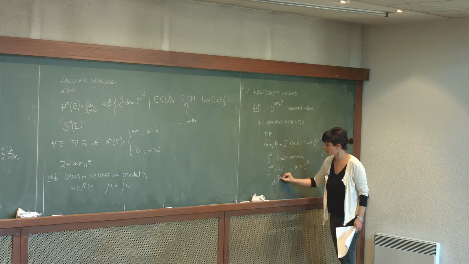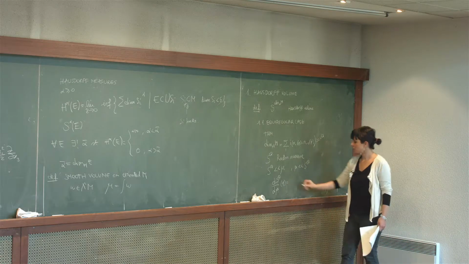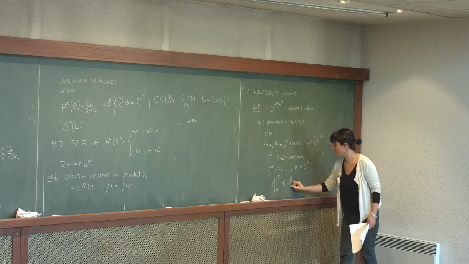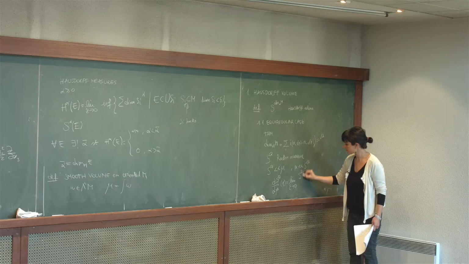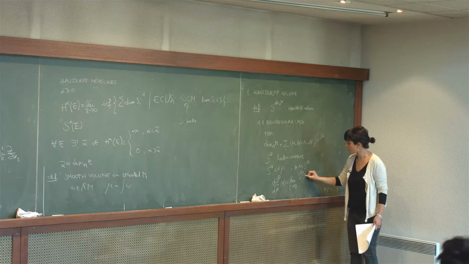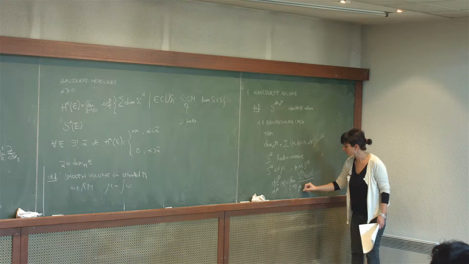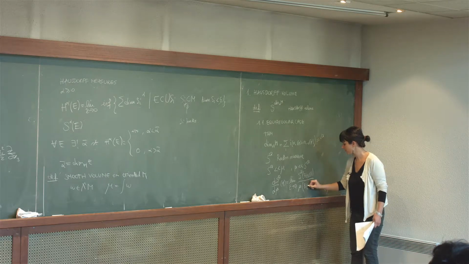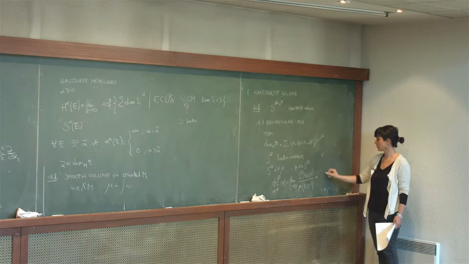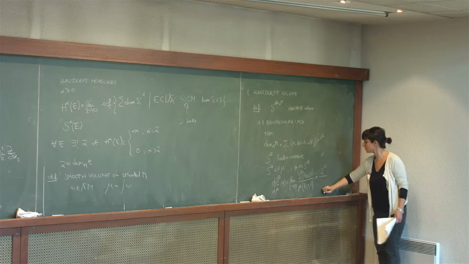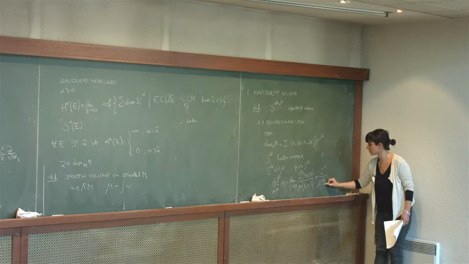So dS^Q over d mu at a point q can be computed as a density, that is, as a limit for epsilon going to 0 of the quotient of the Hausdorff volume of a small ball centered at q, divided by the mu volume of the same ball. And this limit coincides with 2 to the power Q divided by mu hat q of B hat q.